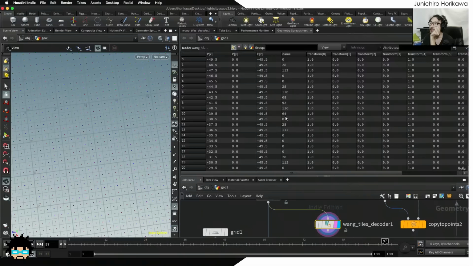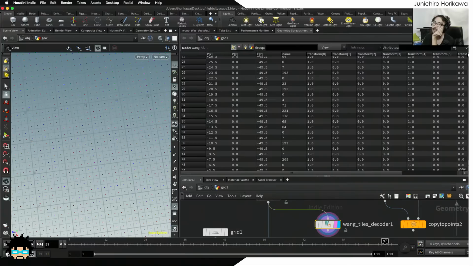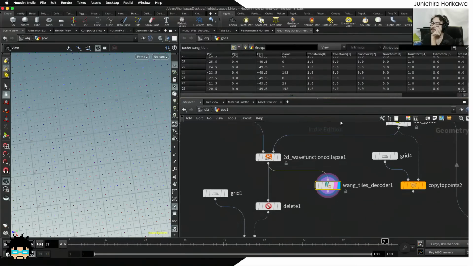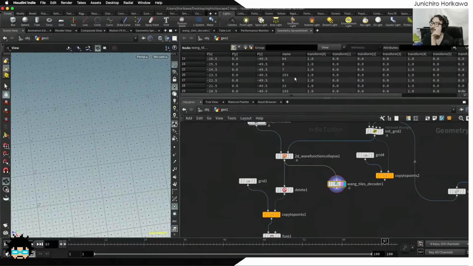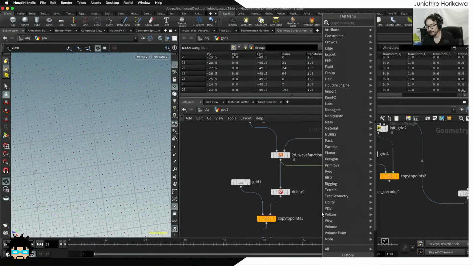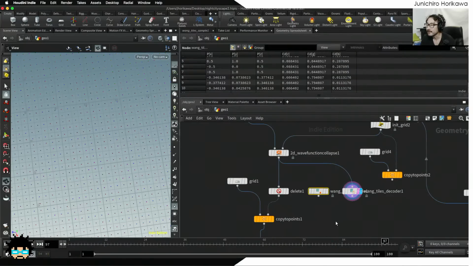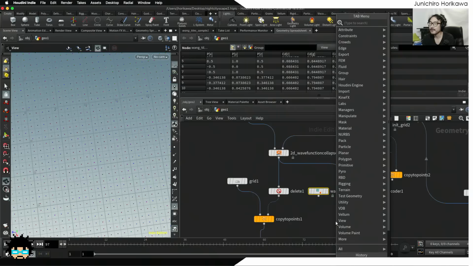Now the name has changed from 0 to 255, which determines the neighboring relationship between the points, and you can use those values together with a Wang tile sample to place an already defined stash of geometries